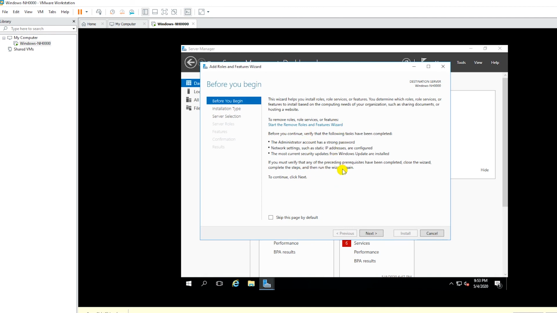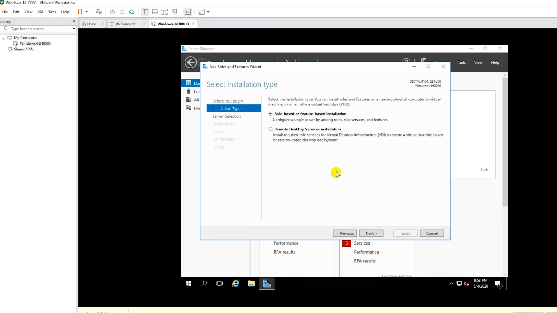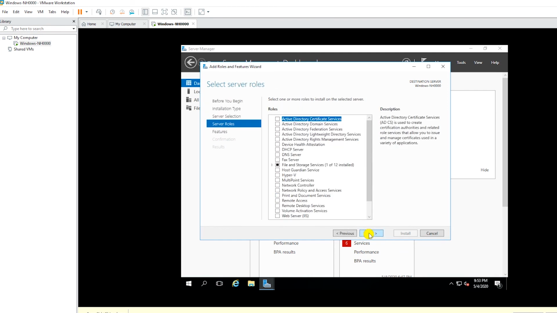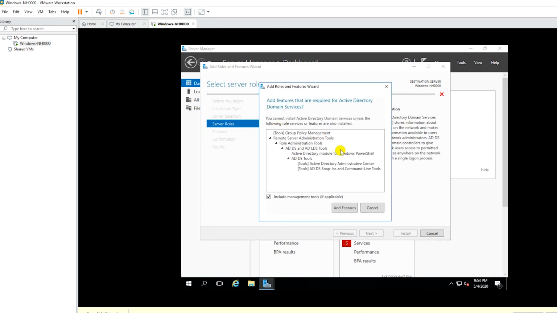So Add Roles and Features wizard has been started. I go Next, and then again Next, Next again. And this is the server role page, and from this page I select Active Directory Domain Services and then confirm by pressing on Add Features